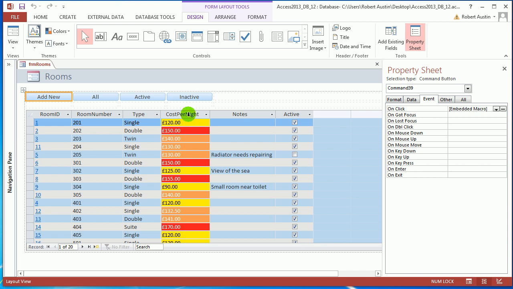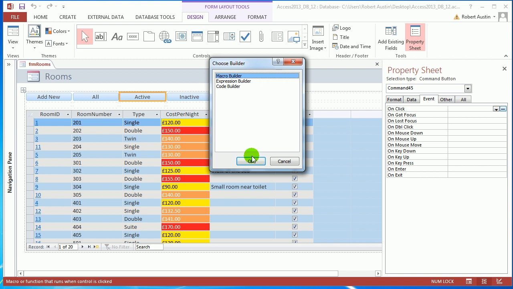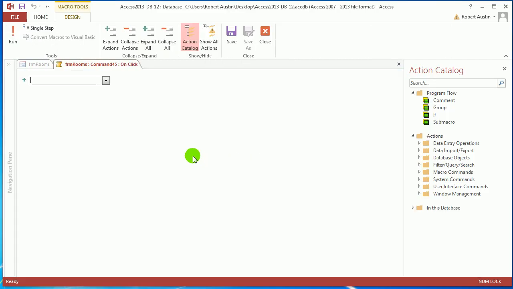Now it gets a little bit tricky, because we want to click on active and we want to show essentially the same data sheet, but where it only displays active rooms. Now you might think that has something to do with a filter, and I suppose to some extent it does, but the command you actually need to use is called the BrowseTo argument, and I'll show you this in a second. So I'll click on here and go to macro builder and just tap in